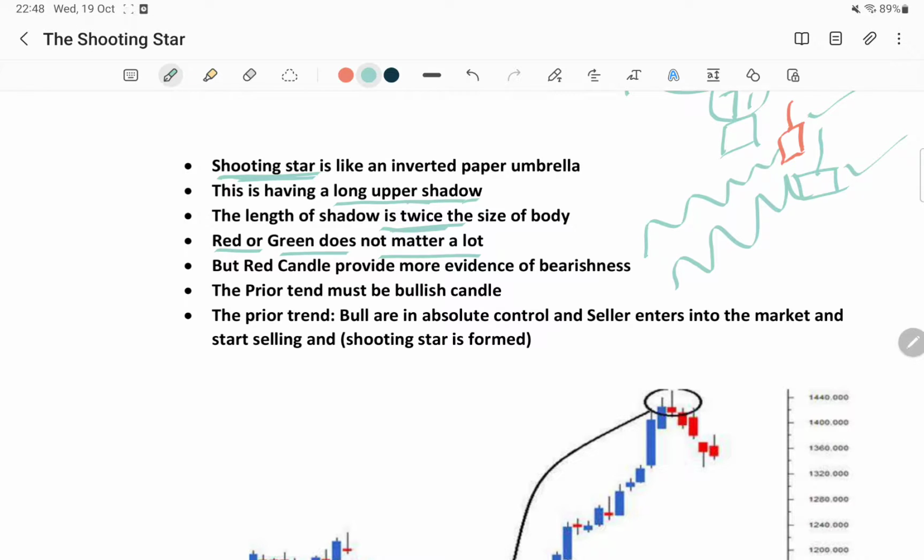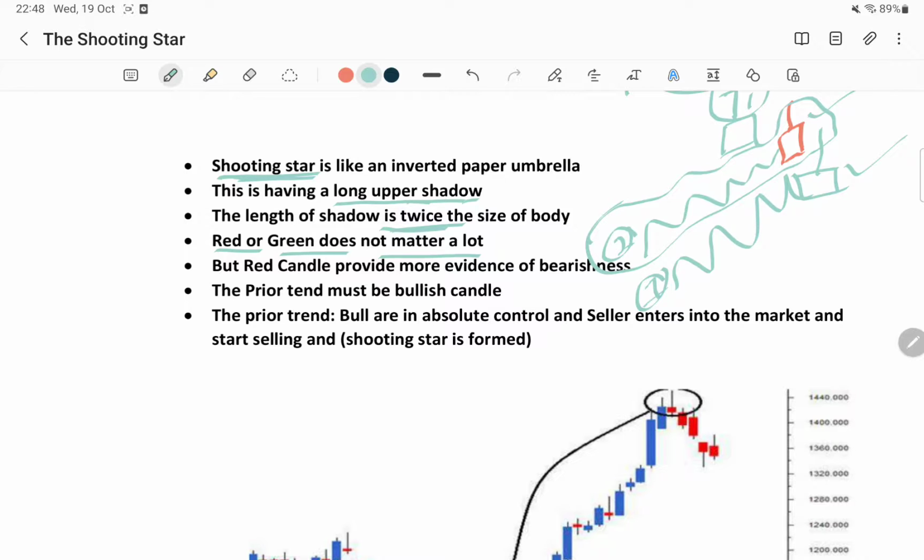That means if you have 2 options, take the example: in option number 1 there is an uptrend and after that a shooting star is formed, which is a green candle, and the second option is that there is an uptrend and then a shooting star is formed, which is a red candle. So out of these 2 chart patterns, if somebody asks you to choose one candlestick pattern, in such a case I'll recommend all of you to choose the second candlestick pattern, which is the red shooting star.